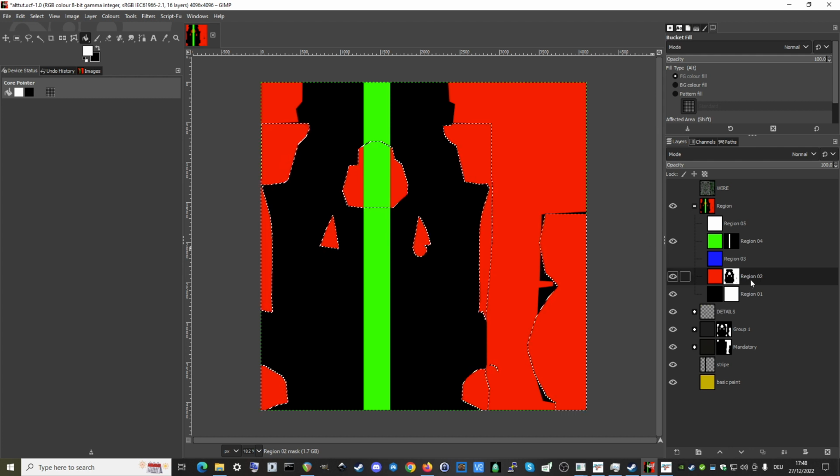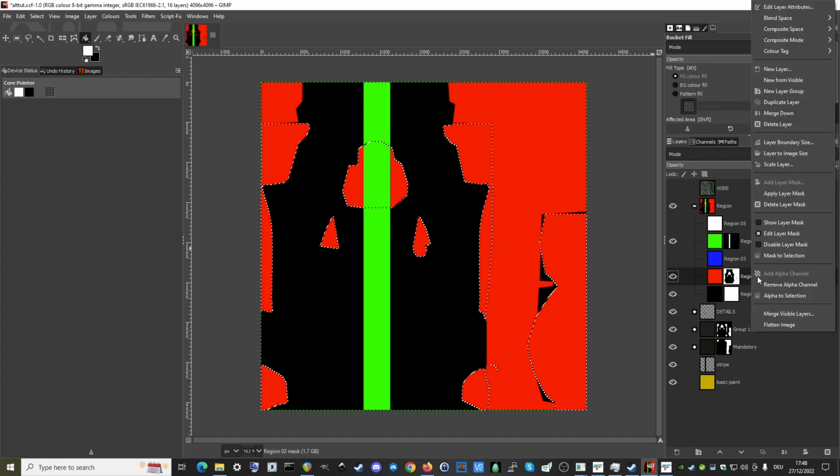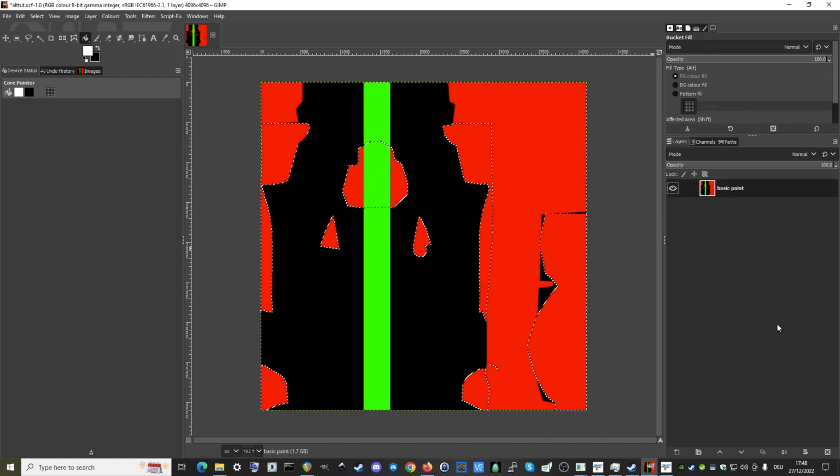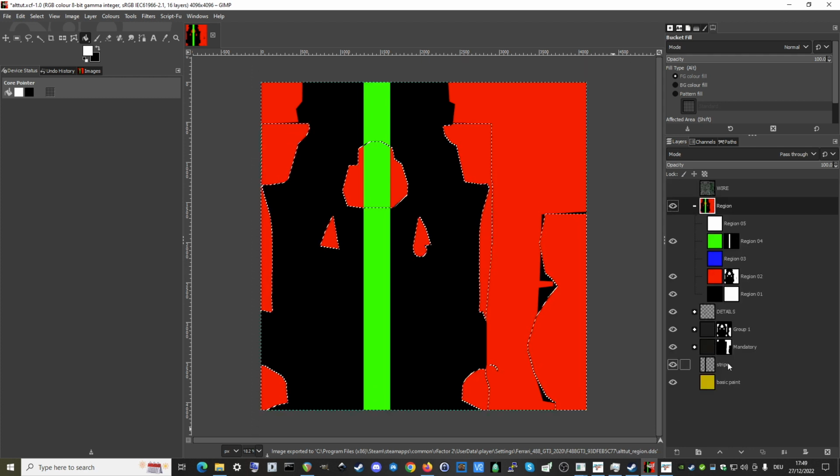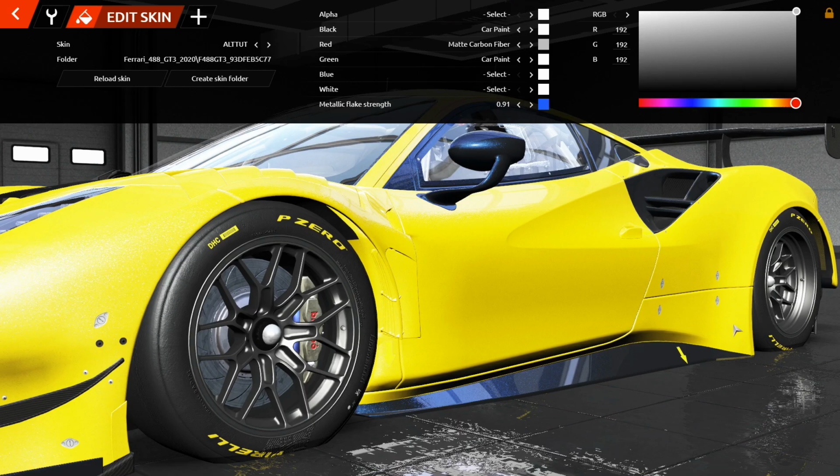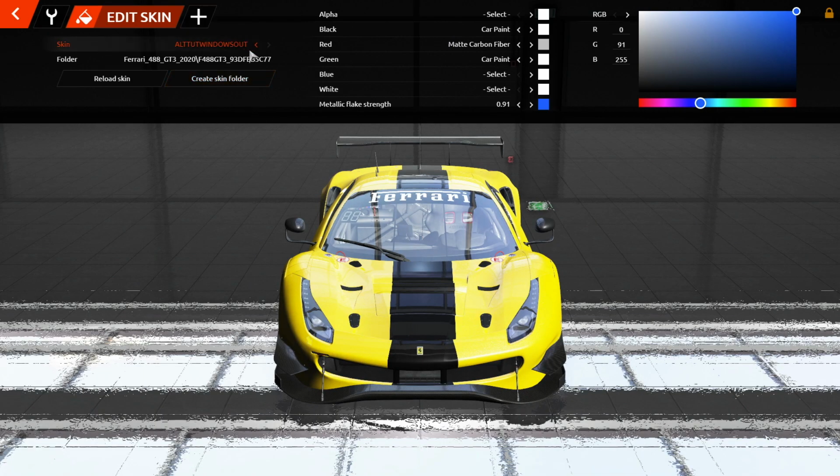So we need to export the regions file again, and we say right click, mouse, flatten image, and now we can say Control E, which is a shortcut for export, because we have exported the alt region file before. Control Z in order to undo our last step and go back to rFactor. We need to reload the skin, and as we have the window file still in our custom directory,